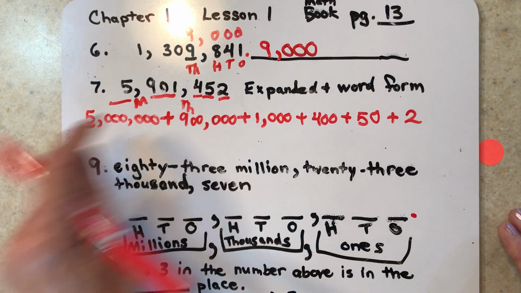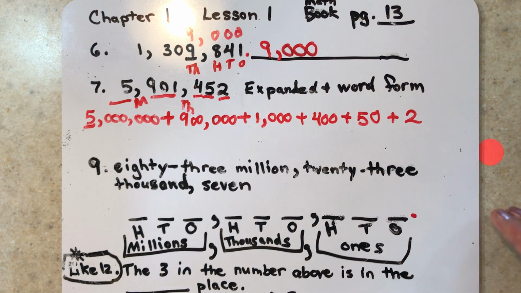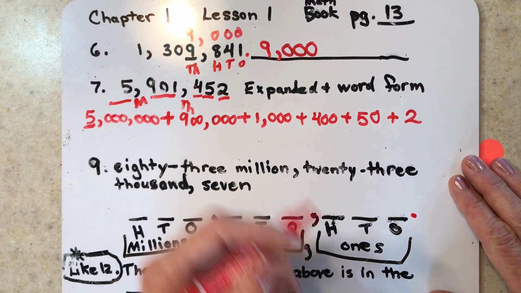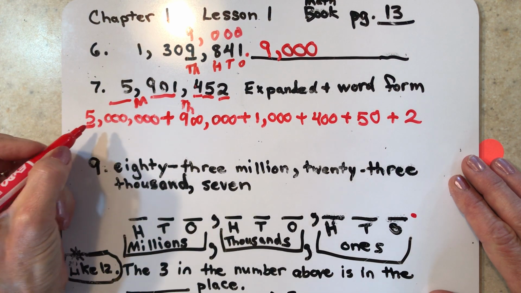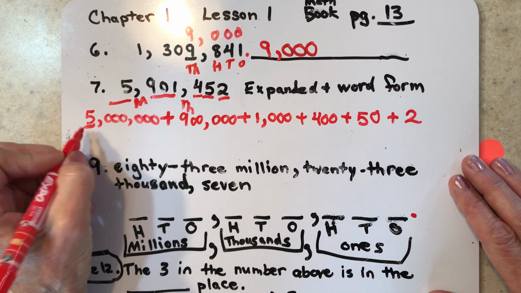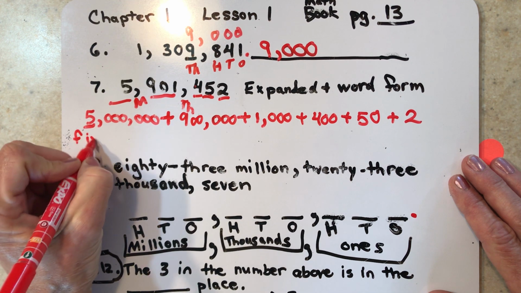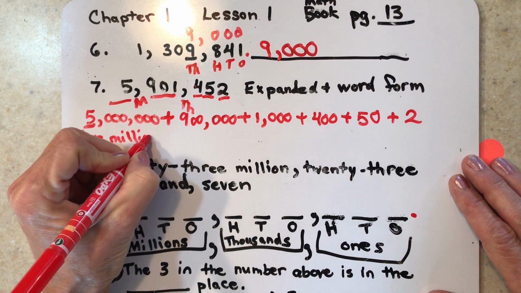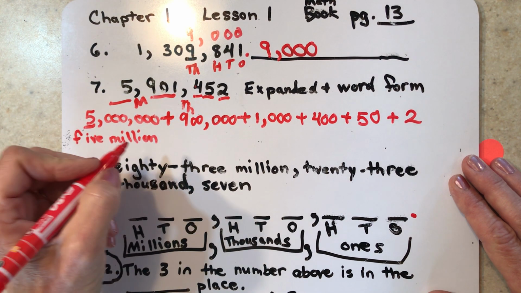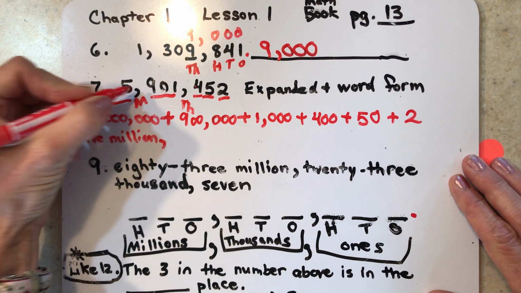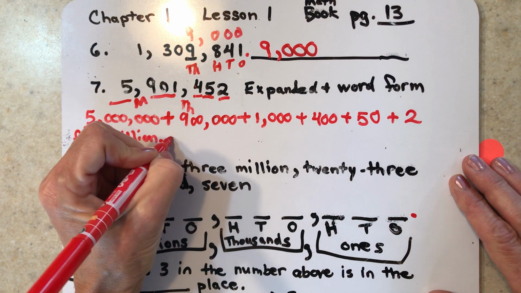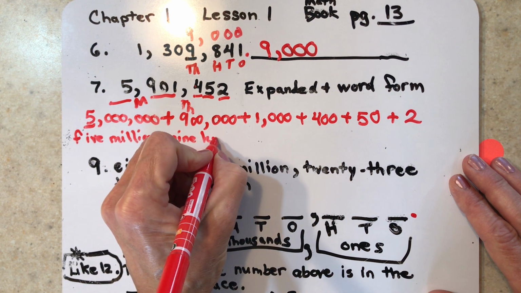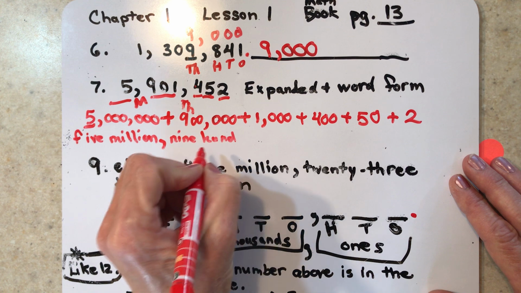Now I have to write that in word form. So the way I just said it out loud needs to be written in words. Here we go. And I'm sorry, it's hard to write and not erase everything I've got here. Anyways, here we go. I need to write words. 5 million. If I don't know how to spell it, I would look at my place value chart. 5 million, put a comma because there's a comma there in the number. 900, sorry about the writing, 100,